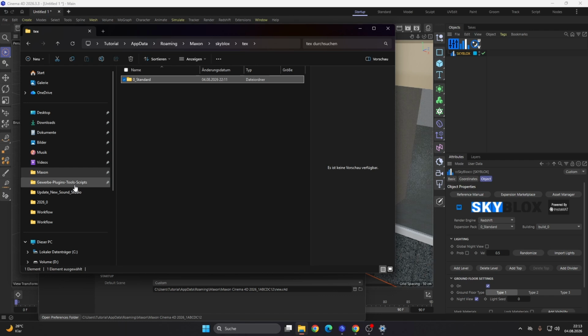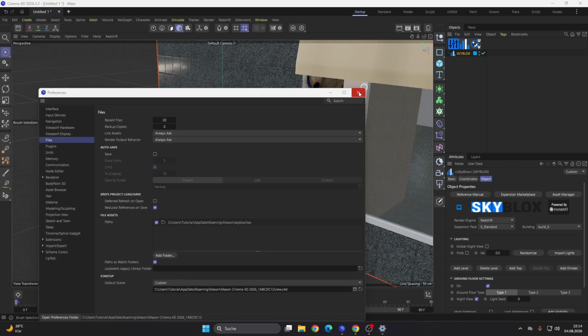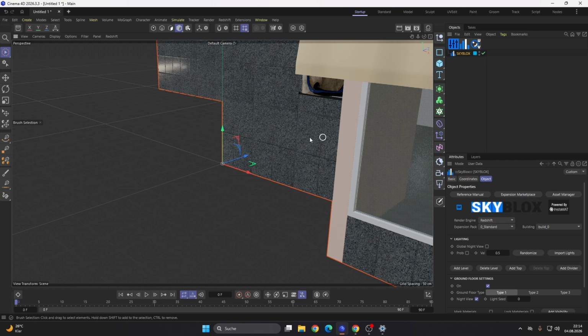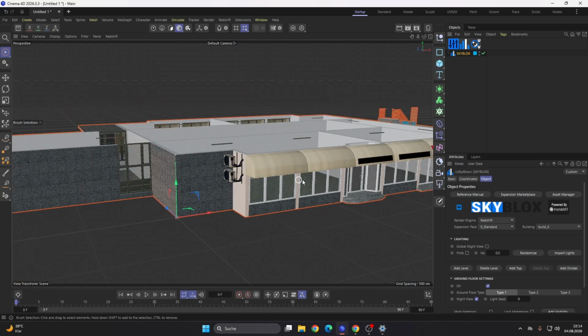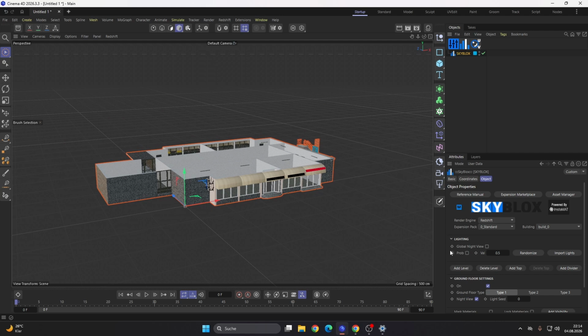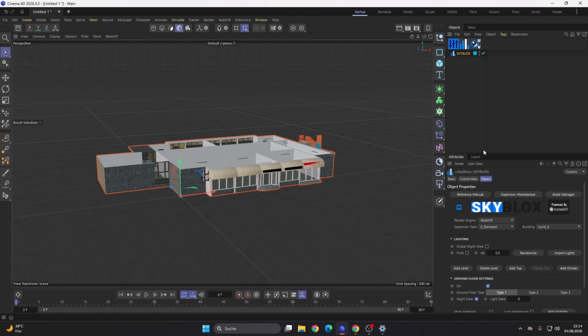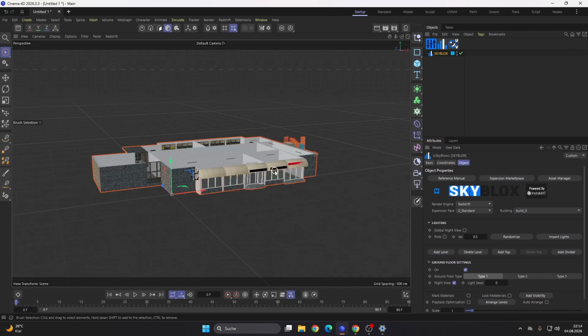Also important to know here is the license text here. Okay. So Skyblocks has started, and it starts with building number 1. It loads the ground floor. So let's go through these settings step by step. It's pretty self-explaining. Important was only the license system and the asset manager to use.